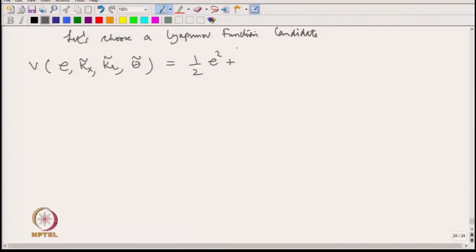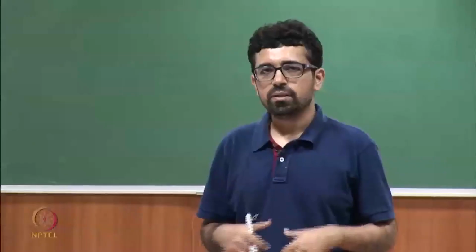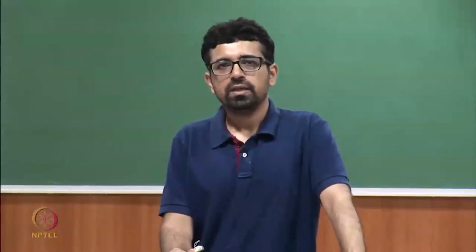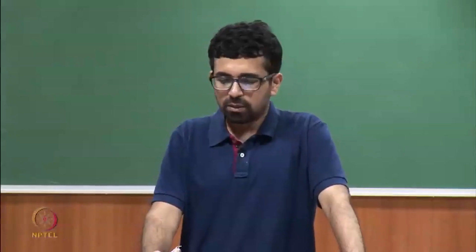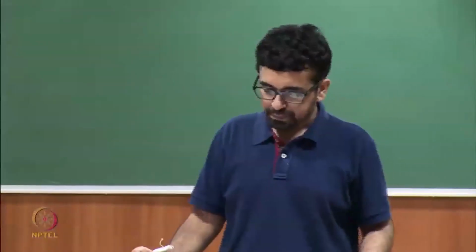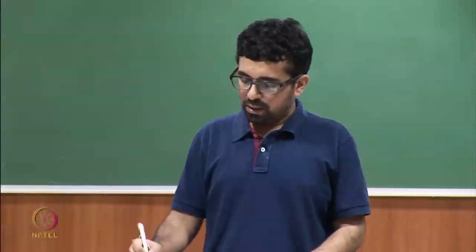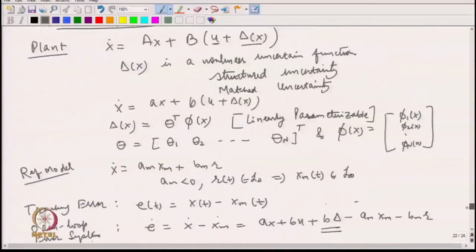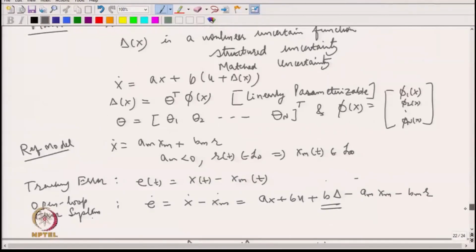So, as I said, there can be other choices of Lyapunov function from what I show here. This is just one way to choose a Lyapunov function candidate, but there may exist many other ways to choose a Lyapunov function. You can try some other options and see if they work out. Okay. So, if you remember, for the case where both A and B are unknown, so this is a scalar case that we consider for the direct MRAC,